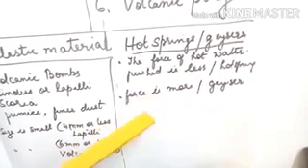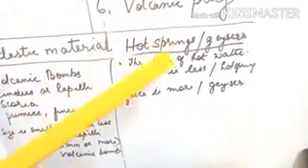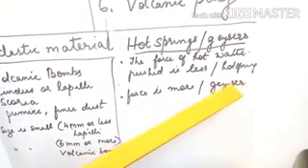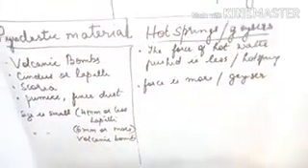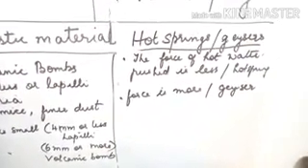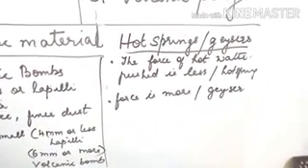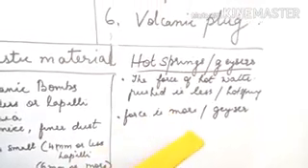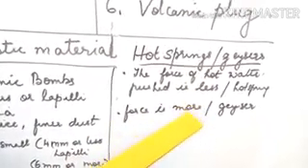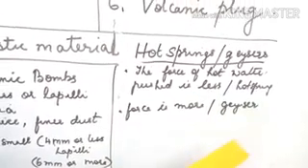When it is coming out with high force, it is known as a geyser, and it will go up to 40 meters in height. In the US, you have a geyser that is Old Faithful. That is in a national park in USA, Yellowstone National Park. You've got the Old Faithful geyser.